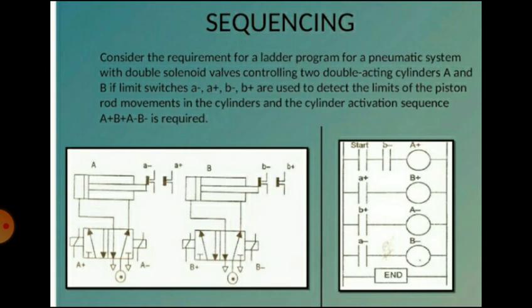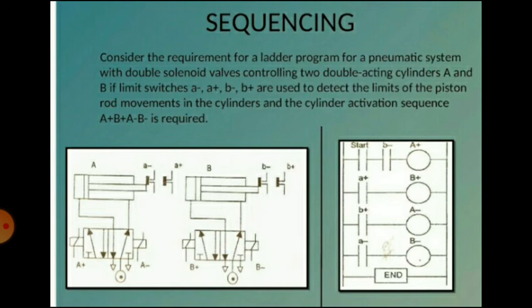When the start switch is activated and the piston rod is at B minus, it will activate the B minus switch. You can see the first rung, that is the B minus switch. When the B minus switch is activated, it will energize the solenoid A plus. You can see both the diagrams. When A plus is activated, it will move the piston in the forward direction. Then you will get the A plus stroke.